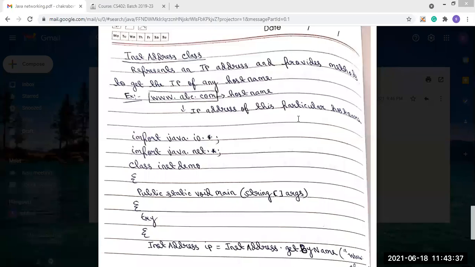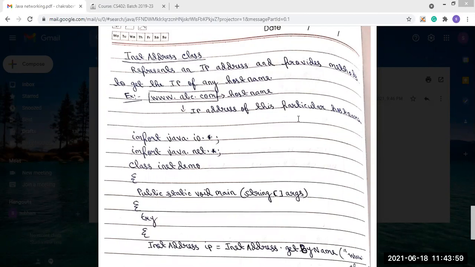So basically, the InetAddress class's work is to represent that particular IP address, and to provide methods to get the IP address of any host name.